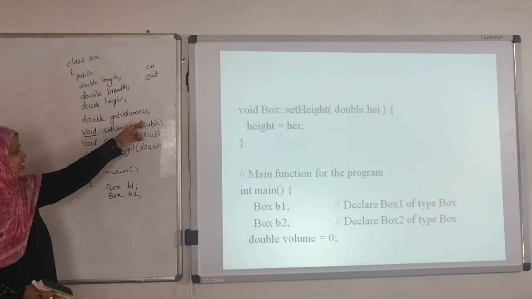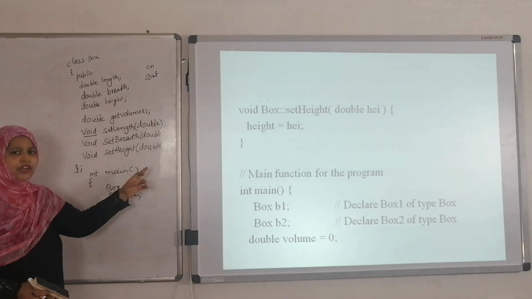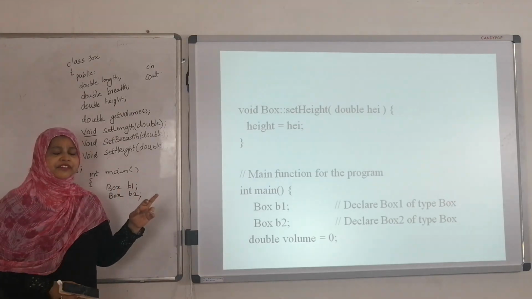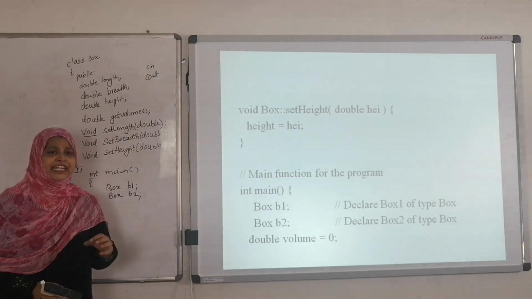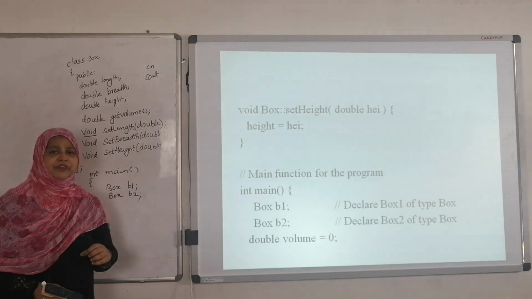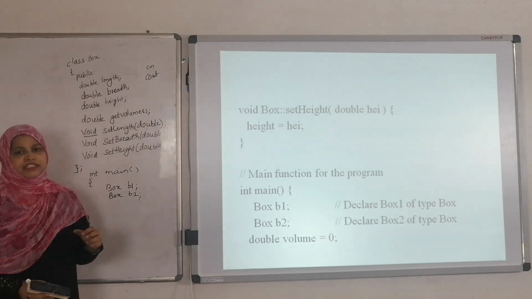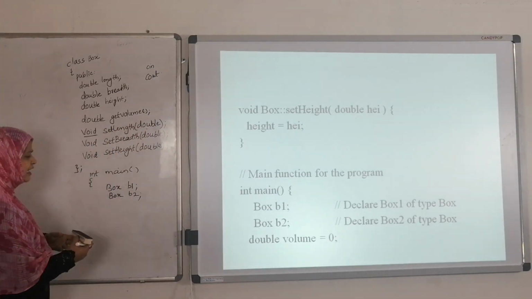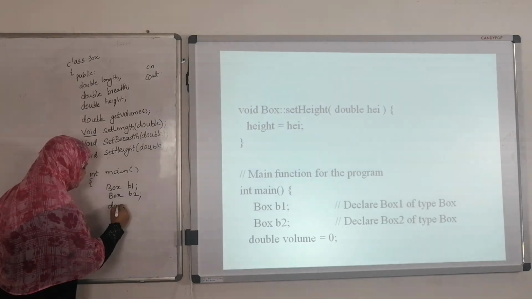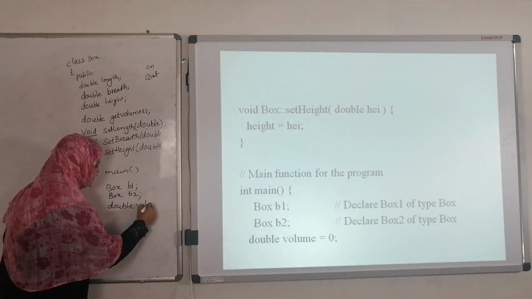Here we are passing all the double values. So whenever we are going to find the volume of a box, what is the return type, what is the data type of that particular volume? That is also double. Why? Because all the parameters are present in the double data type only. That's the reason double volume.